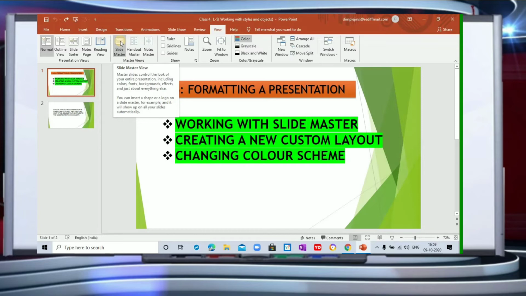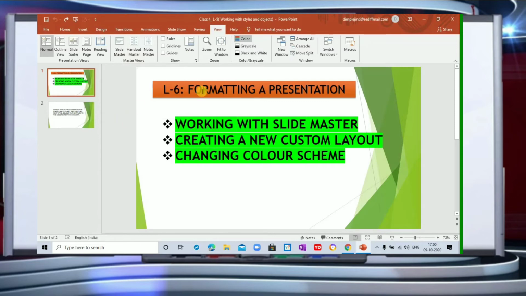Suppose you have 20 slides for your presentation, and you have to change the font color, the scheme or theme, or maybe the style, then it takes a lot of time to change these slides one by one. So Slide Master is a wonderful option that simplifies it for you. Let's see how it works.